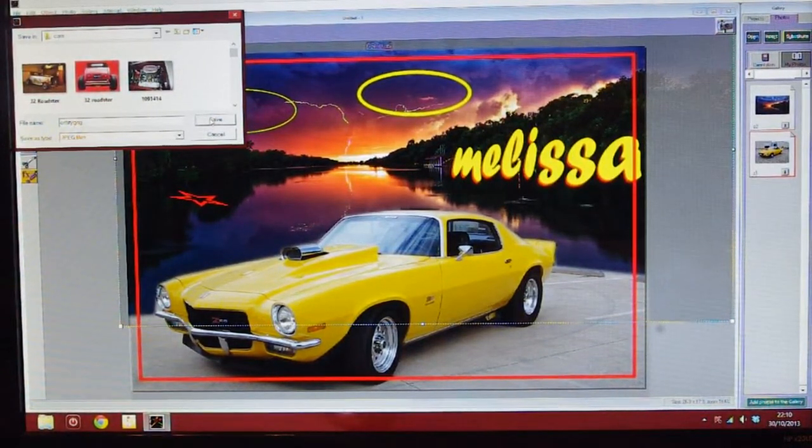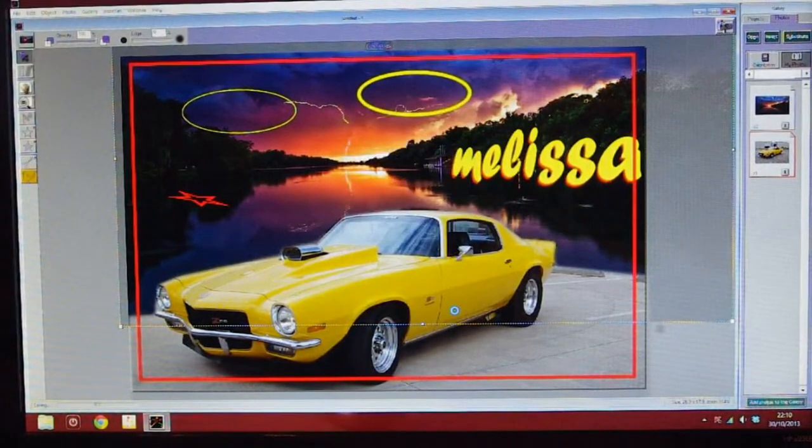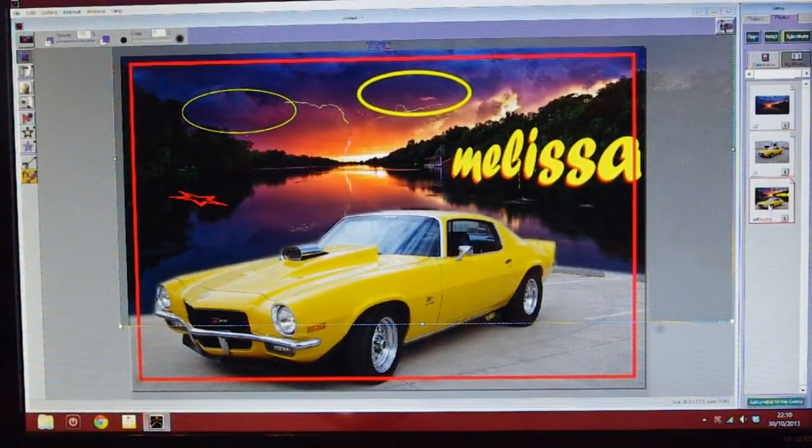You could actually create a livepix folder and just save everything into your livepix, so all your creations will go in there. You click save and right away it gives you the resolution. You can highlight that and change it to higher, so 300. Okay, press OK, and that'll then save it over here in the left hand column. But like I say, it also saves it to the file that you've created. Now if I click on that and press insert,